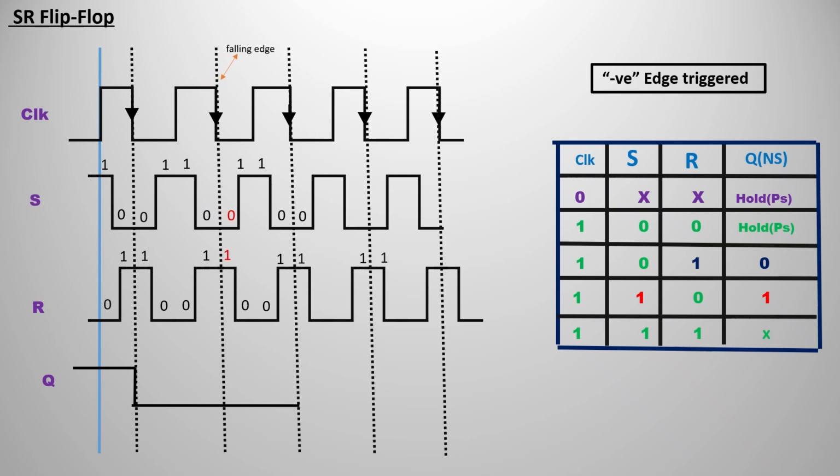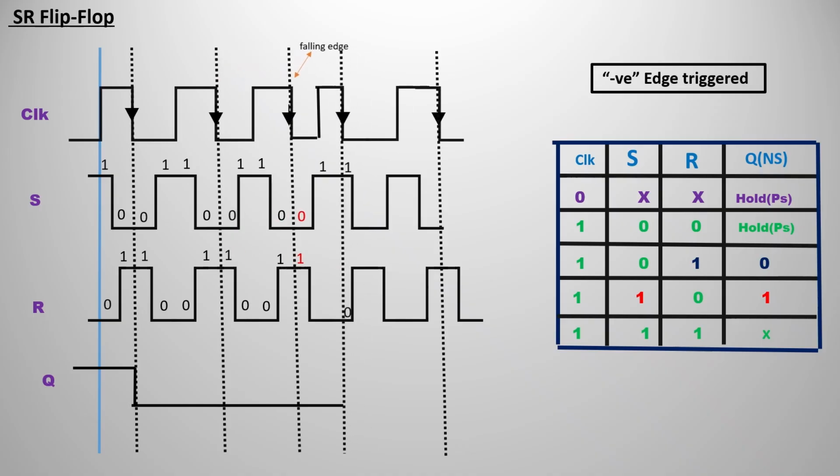This is one of the main usages of SR flip-flops over the gated latches. So you can see the next falling edge here, again the set is 0 and reset is 1. So we are going to follow the same thing, because reset is 1 here, means you are going to have 0 only. So the next falling edge, again set is 0 and reset is 1. So again you are going to follow the reset, Q is equal to 0 only.